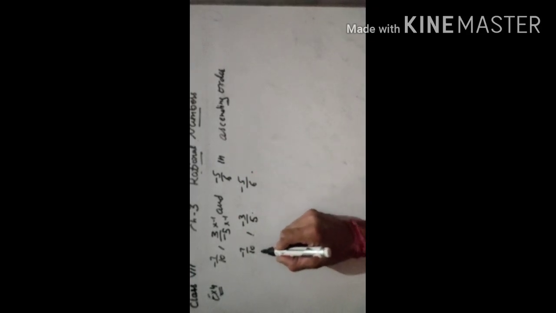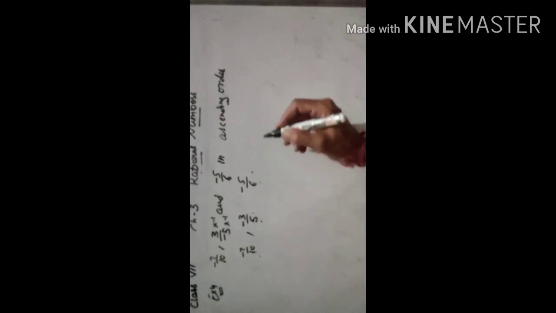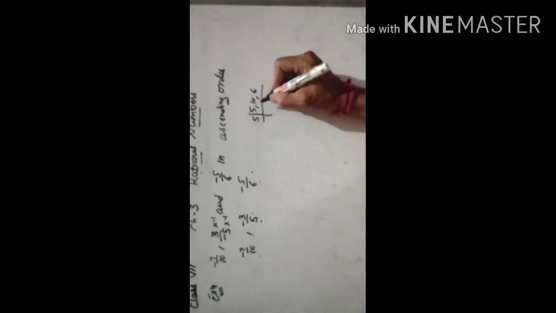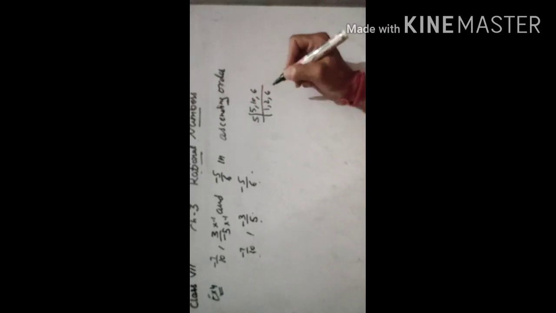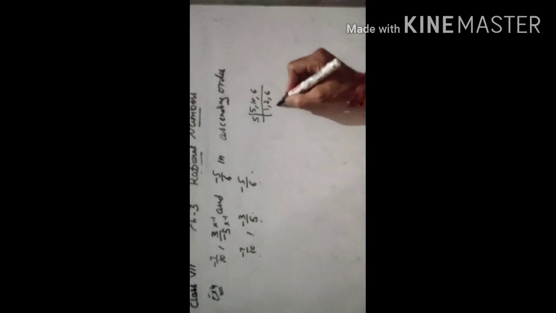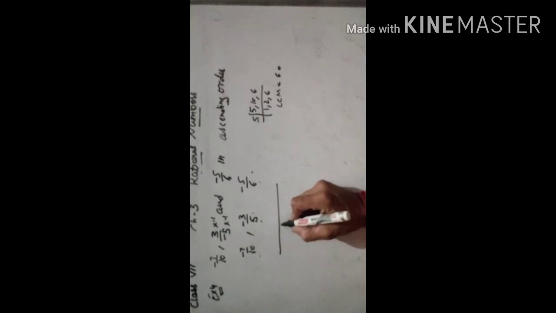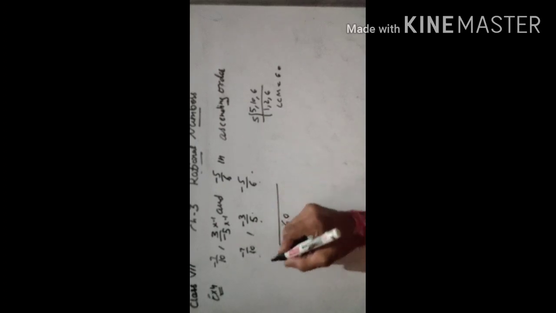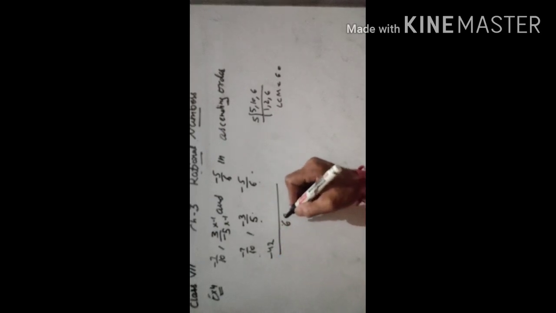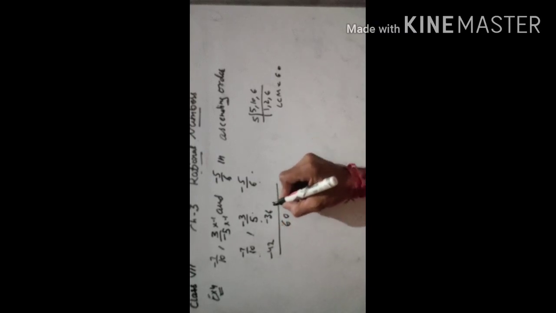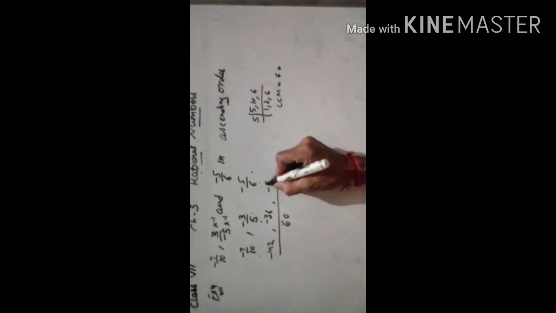Now we have to take the LCM of 5, 10 and 6. The LCM of 5, 10, 6 is 60, since 5 12s are 60, 10 6s are 60. So the LCM is 60. So make the denominator 60. 10 times 6 is 60, 7 6s are -42, then 12 5s are 60, 12 3s are -36. Then 6 tens are -50.